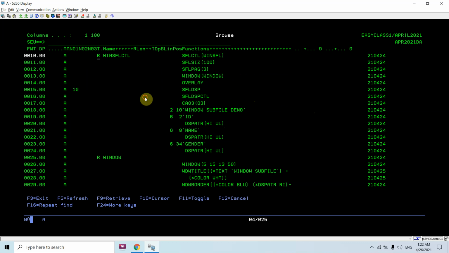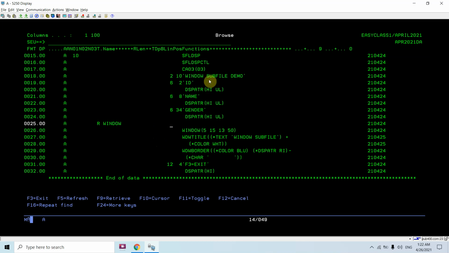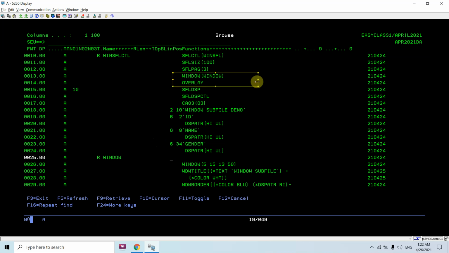The main important thing here is the WINDOW keyword, which is used with the Windows Subfile control format, and it tells us that this is a Windows subfile, that is, the subfile is going to be loaded into the window screen, not onto the full workstation screen.